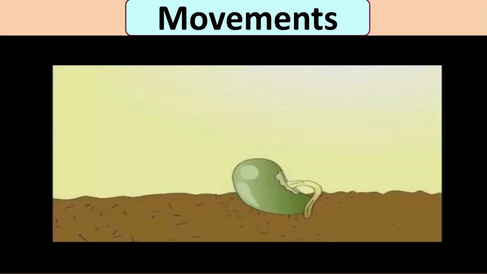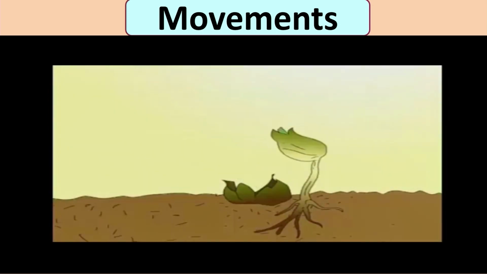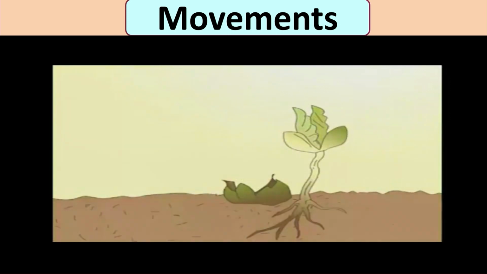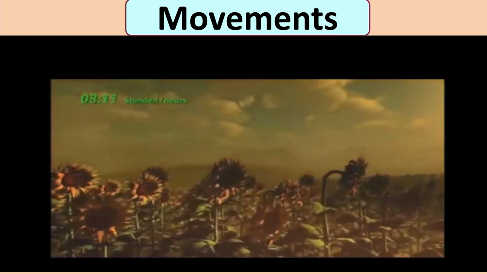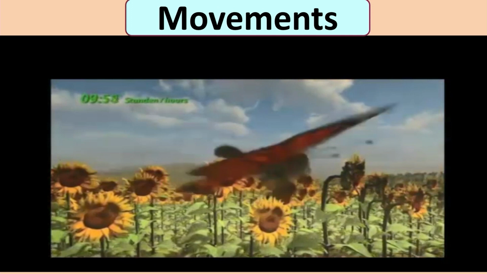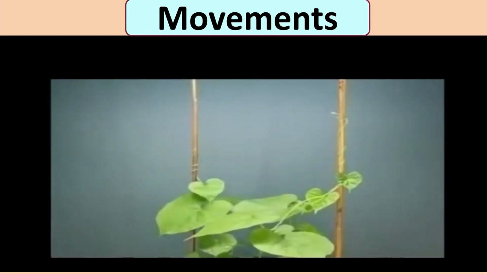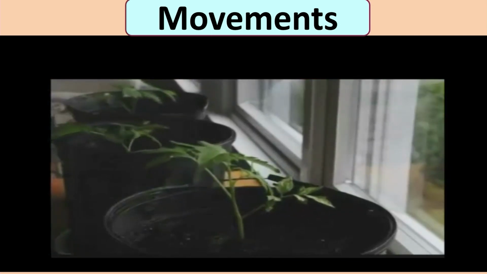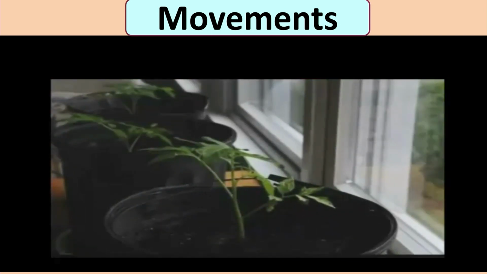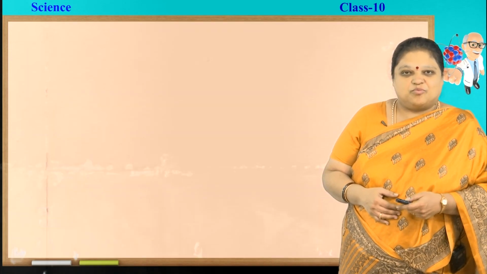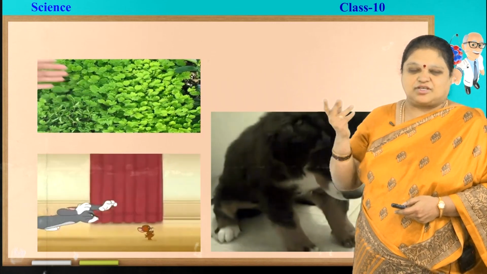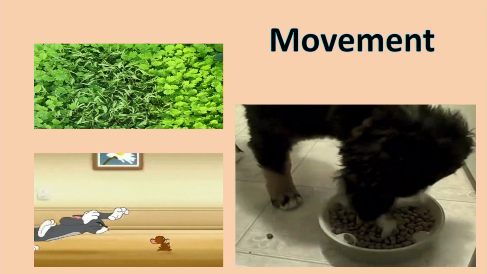For example, you can see here a seed is germinating, the roots are going deep inside the soil and the plant is sprouting. Let us see another movement, that is the sunflower plant. The twigs you can see, they are rolling to the support, and you can see several other movements. Plants are moving towards the sunlight. So, these are several movements. You can see further more movements. See here, you saw so many movements. What may be the reason for all these movements?